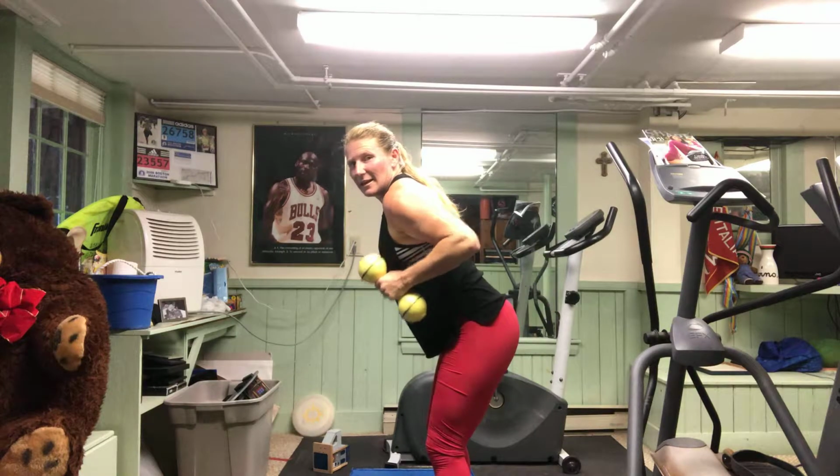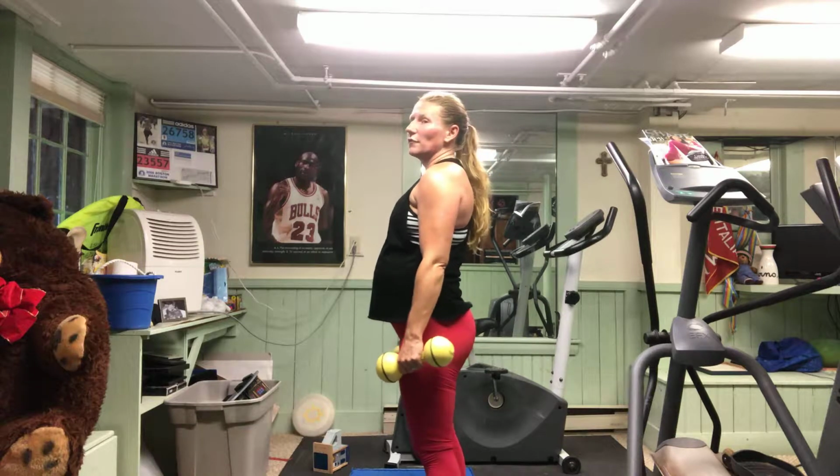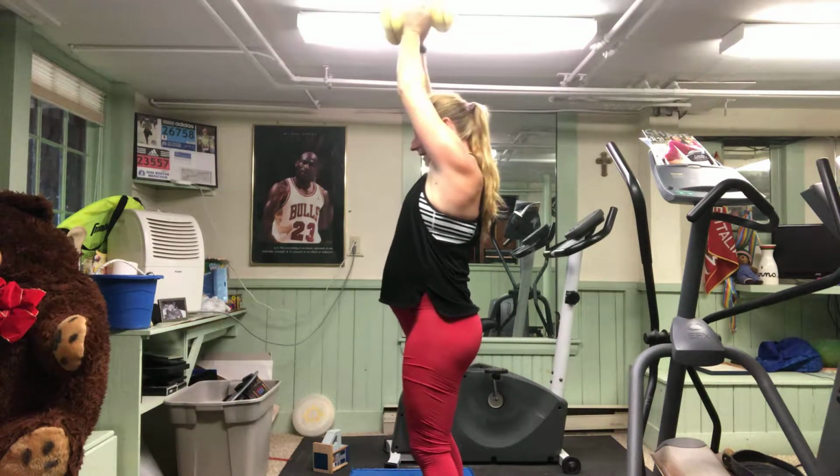Press in and down. 10-second break right here. For 5, weights come overhead. In 4, we bend the knees. In 3, 2, and 1. We bend, extend,